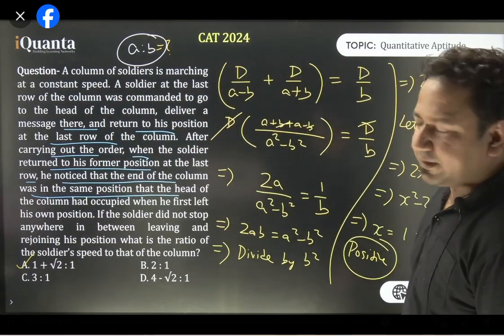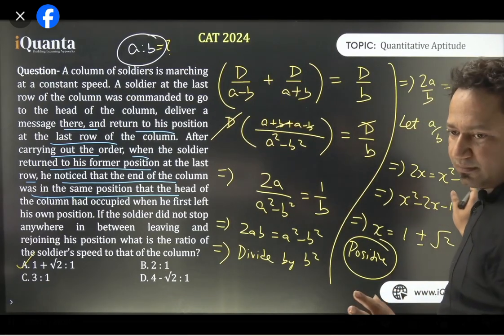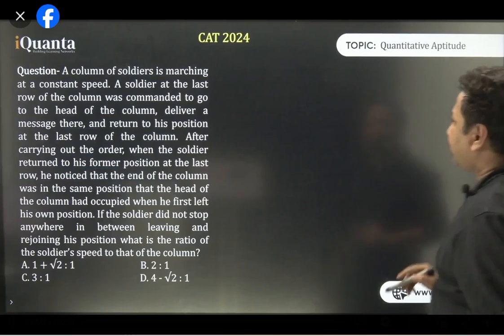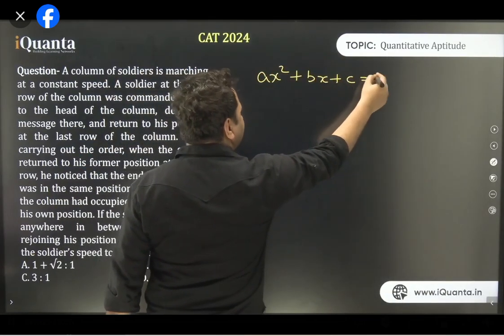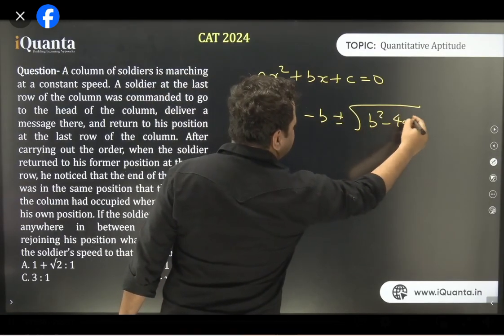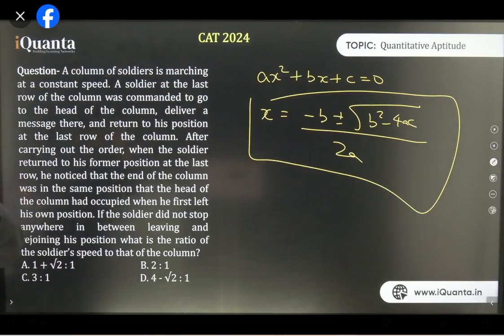Root for quadratic. Okay. Do you want me to explain all of this quickly once? And how to find the roots of quadratic in case you don't know it? Whenever we have a quadratic equation like ax square plus bx plus c equal to 0, then roots are obtained by minus b plus minus square root of b square minus 4ac whole upon 2a. That is the value of x. Okay? Those who do not know how to do that.